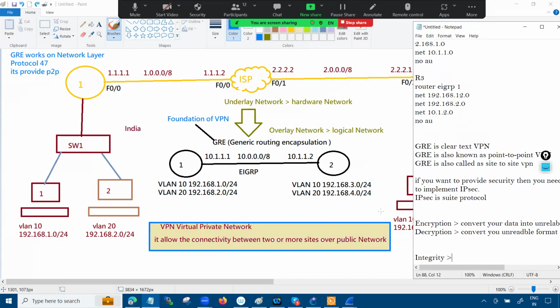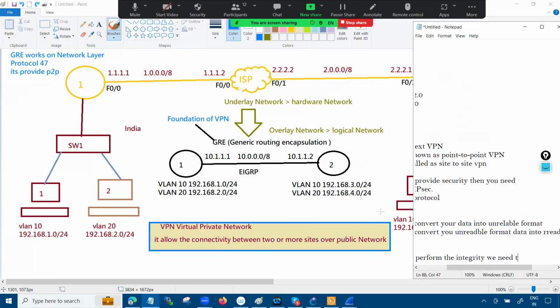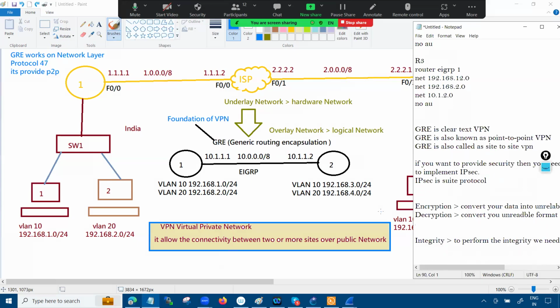To get the integrity, we need to do hashing. And to do the hashing, we have some protocol. I'll come to the protocol, don't worry about that. Once we are done with the encryption and decryption, then we need to come to the integrity. And to exchange the key,